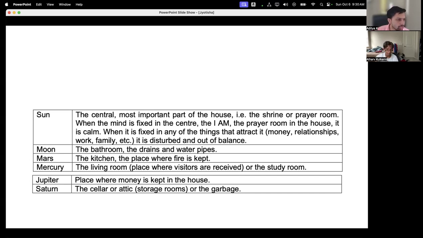Guru is again where money is kept, and to some extent also where your puja room is. And Shani is where you store all your things. So if you go to Artesia and you get groceries, the place where you store all that rice and pappu and dal and vegetables, you are going to use one place in your house for storage, right? Probably for many people, it will be the pantry. Or some people put them in the garage. So that is governed by Shani.